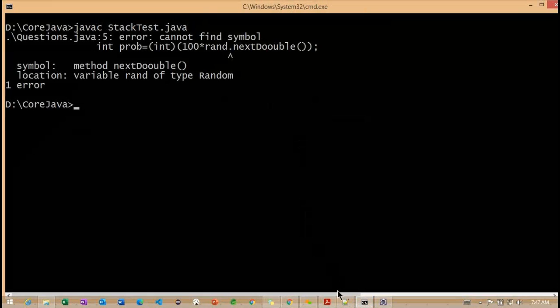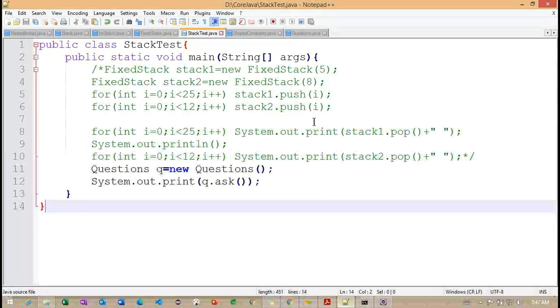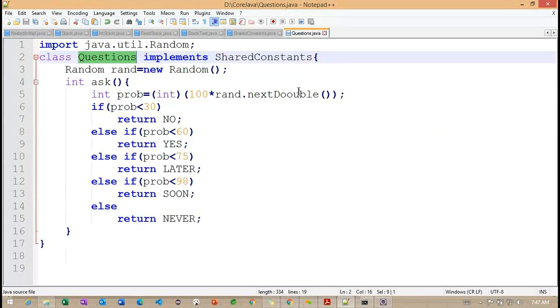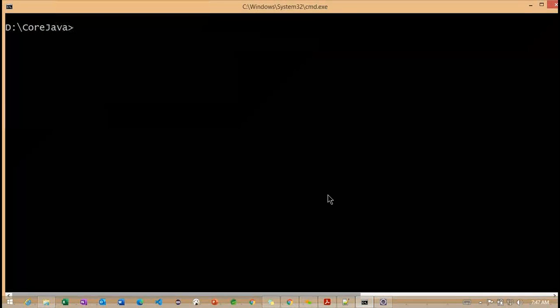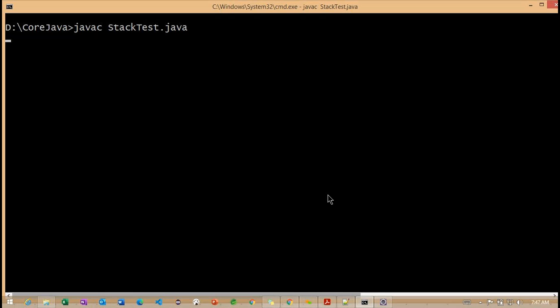Compile the test here. Now what happened here? Oh, we inserted one more 0. Next, it's compiled successfully. Now you can see we are having 5.